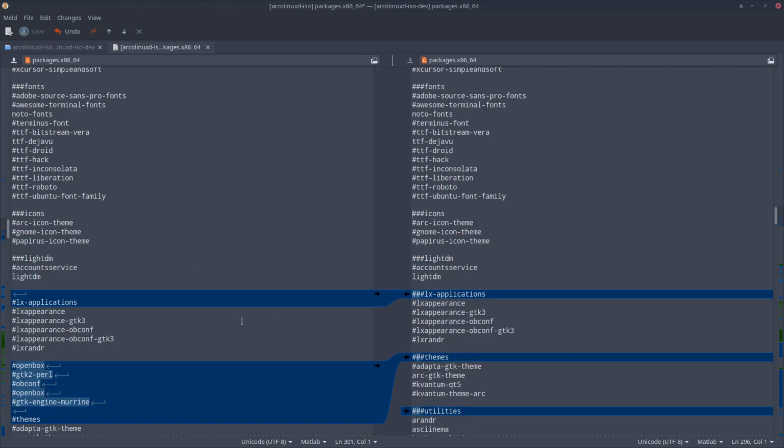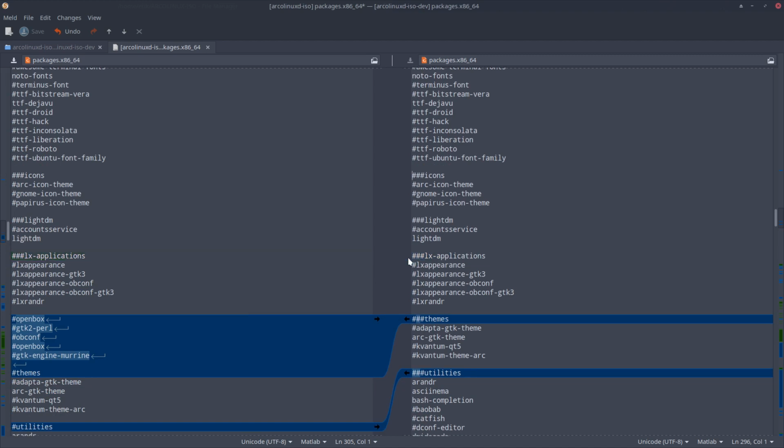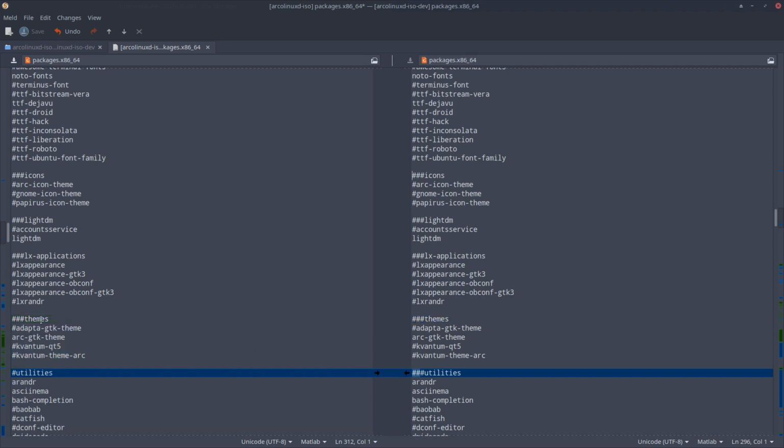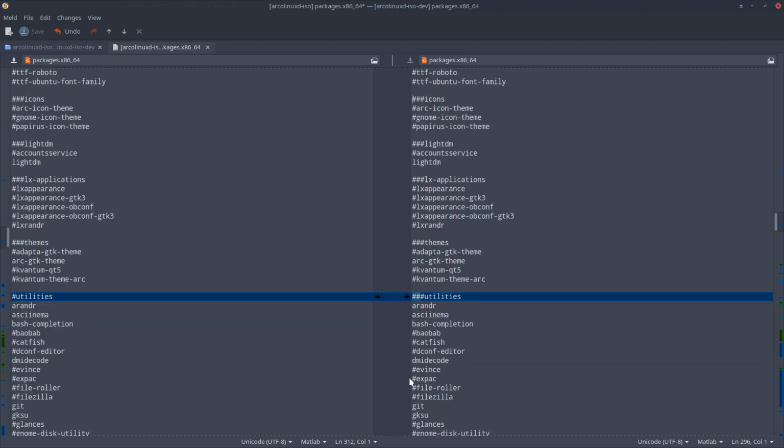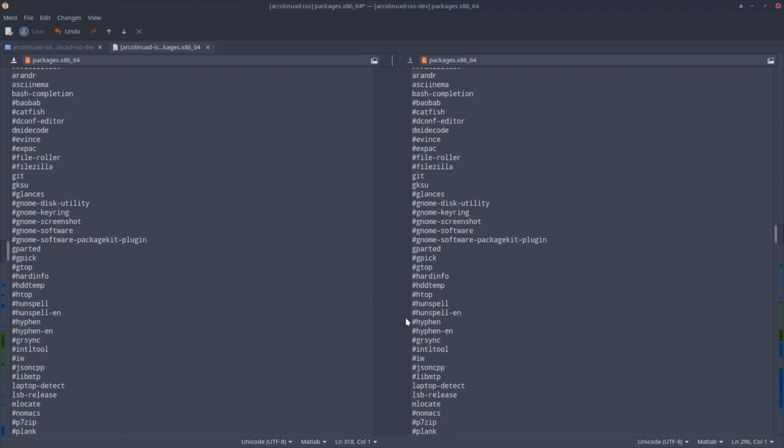LightDM is important, of course, our display manager. OpenBox again is a desktop, so it's going to be overwritten here. It's going to go to the bottom of the page. Utilities,